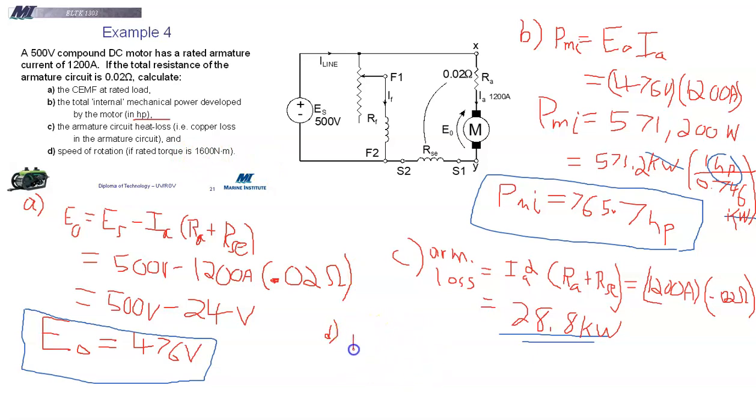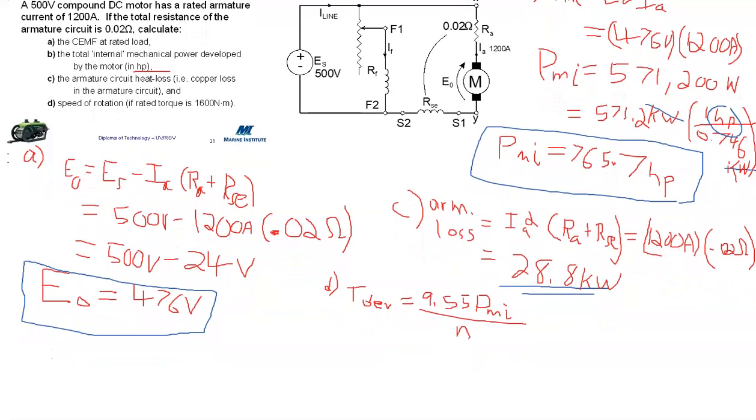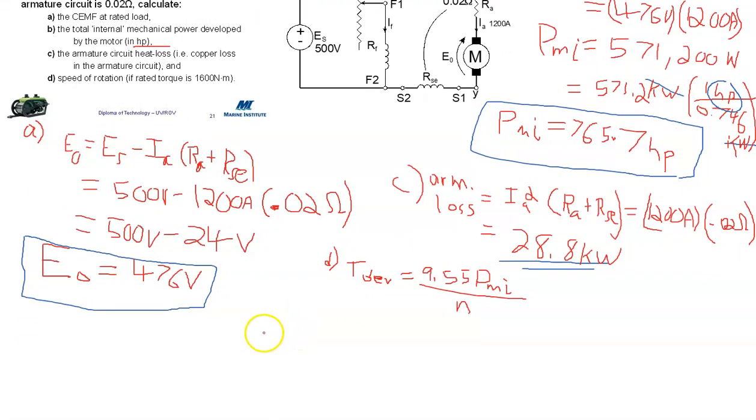And so remember now our equation for torque, and here I guess we'll say that it is torque developed, because we have PMI is equal to our equation for torque, right? 9.55 times PMI all over N. And so I'm going to move this down a little bit now. We have to solve that for N, right? So N is equal to 9.55 over PMI divided by T, and so equals